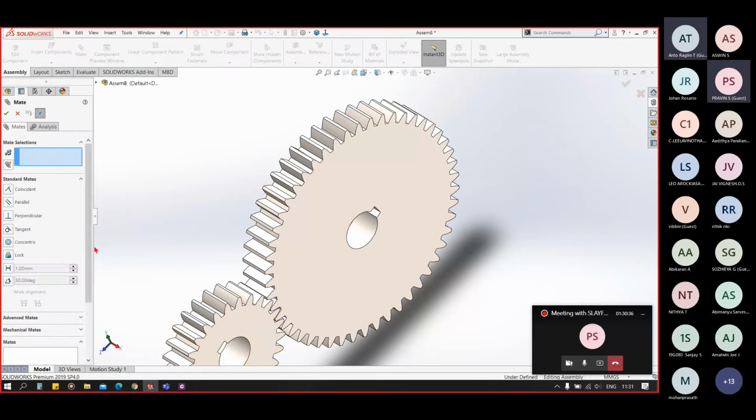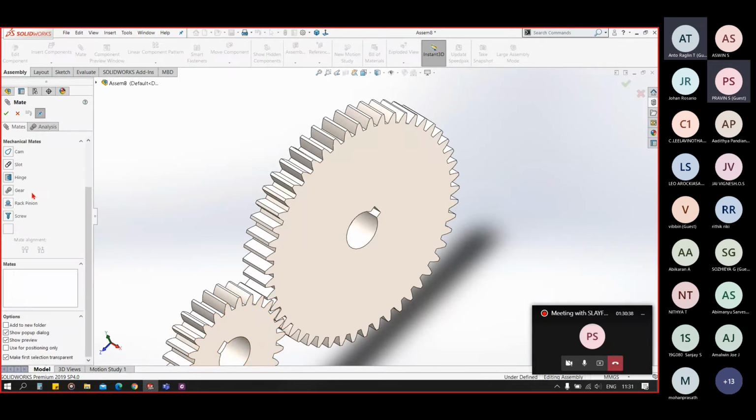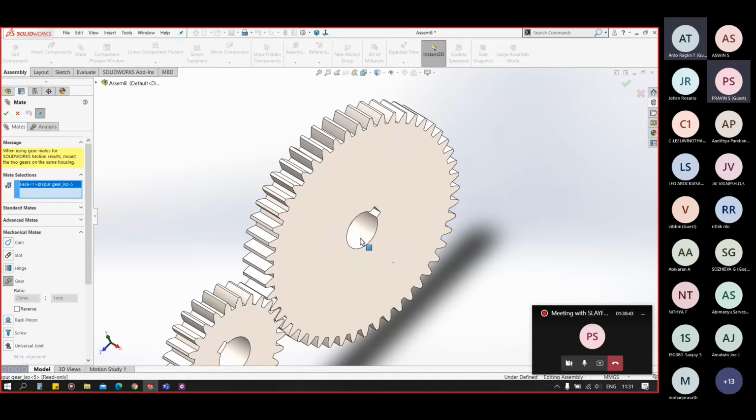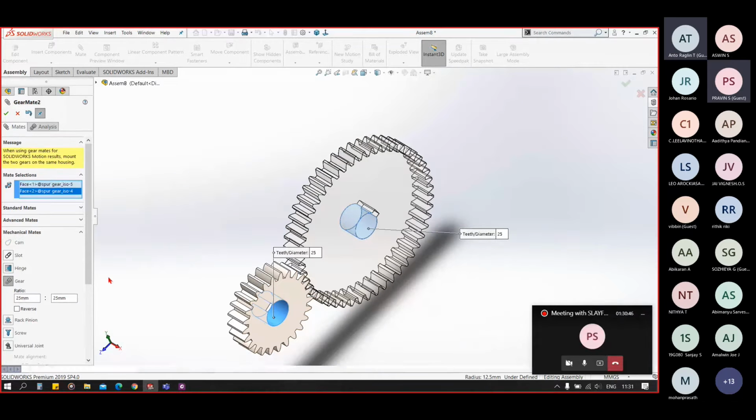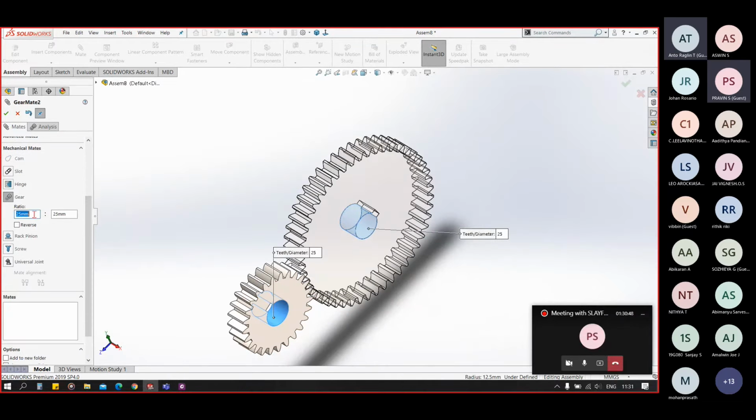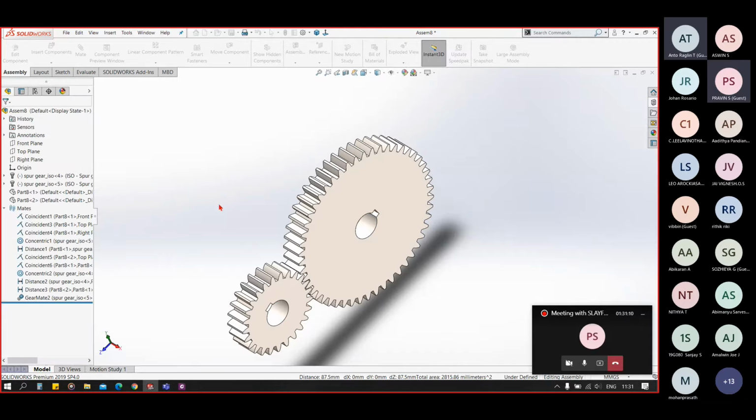In that case, go again to the mechanical mate. In the gear, we select this, go downwards. You can see we have 25 because the shaft is 1. So in this case we have teeth 25 here, but in that case we have 50 here. So we will input the 50 here and click on OK.